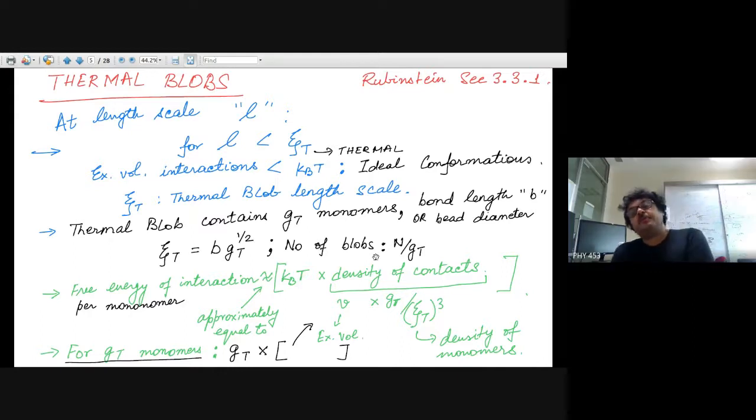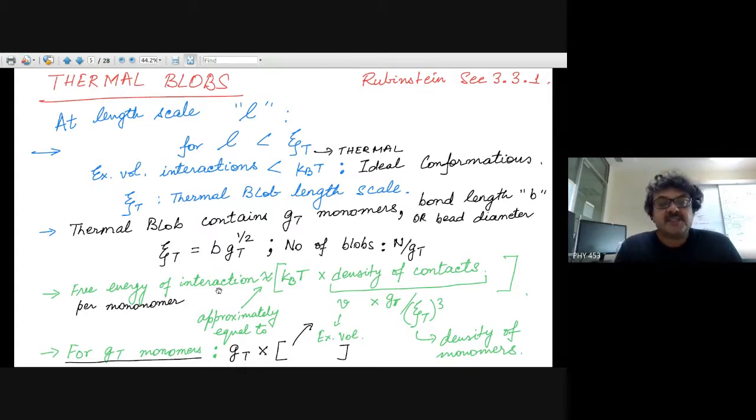The total number of blobs in the entire polymer chain will be N, the total number of monomers in the chain, divided by GT, because GT is one blob. How many blobs are there in the entire chain? N by GT. And after this, we are going to take a Flory kind of argument